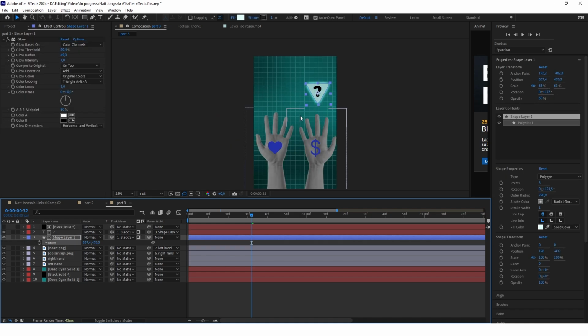So really the last thing to finish this third animation is to keyframe everything, is to keyframe the position of this triangle and keyframe the position of both of these hands. But you already know how to do that, so I don't think there is a point in showing you how to set your keyframes.